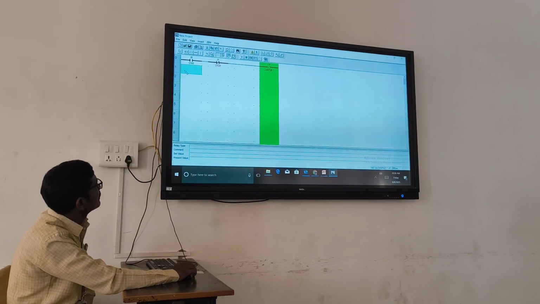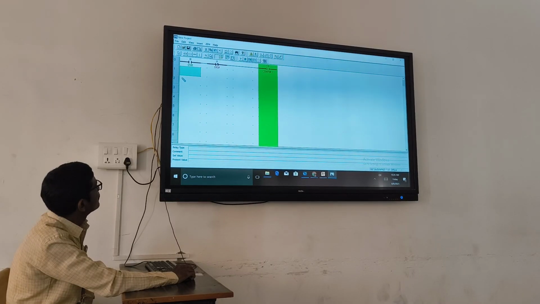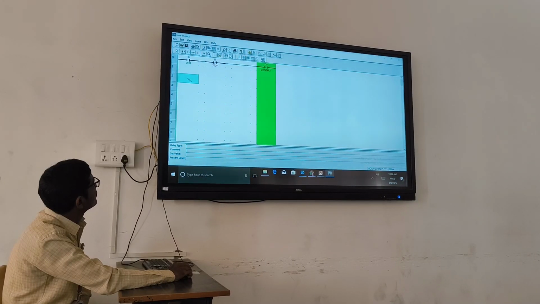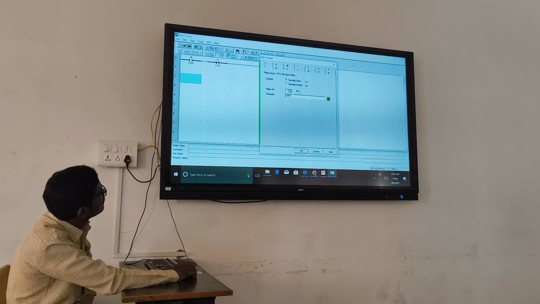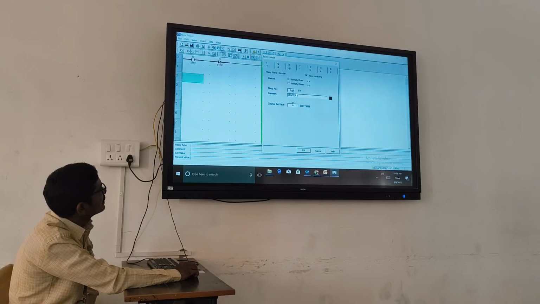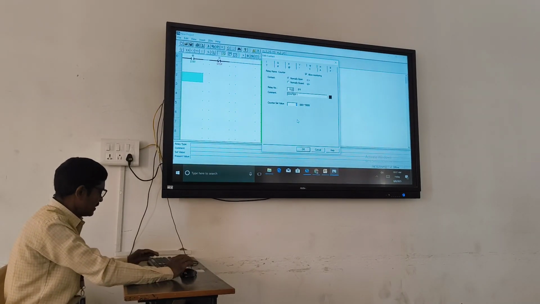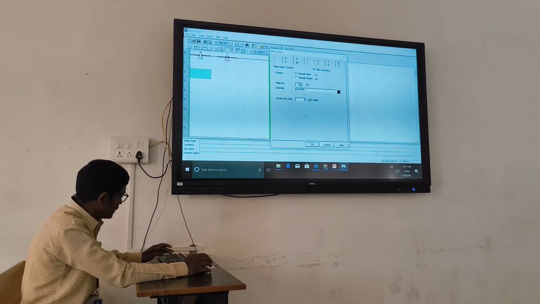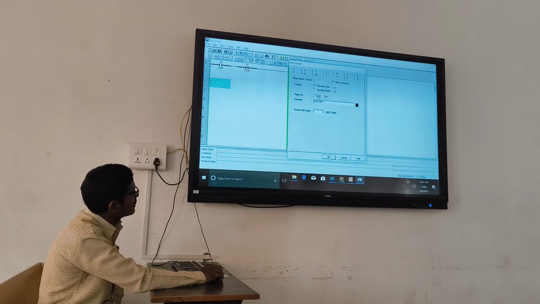Then the next is the output. We have chosen the normally open contact of this counter. You have to mention here how many count values, and this is the output. Here we have mentioned 5 count.